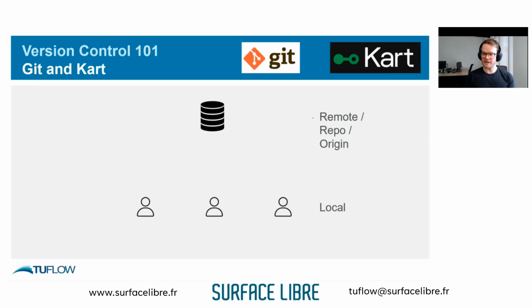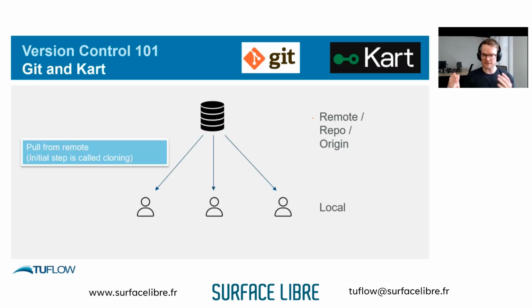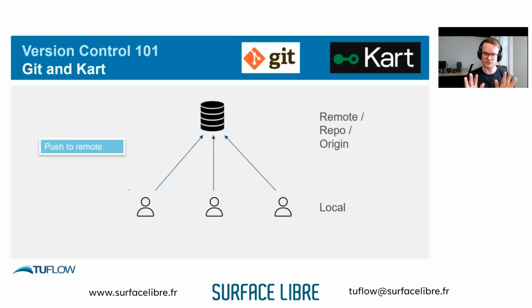When you want to grab that model and make changes to it, you'd pull that down locally onto your computer. So this would sit, say, on your C drive somewhere, and these are the modelers pulling from this one to get the latest changes. Initially, if you want to grab it for the first time, it's called cloning the repo. Either way, you're just pulling it down and getting the repo locally on the computer. And that's where you make your edits. Then when you're finished editing and committing and so forth, you then push to the remote.